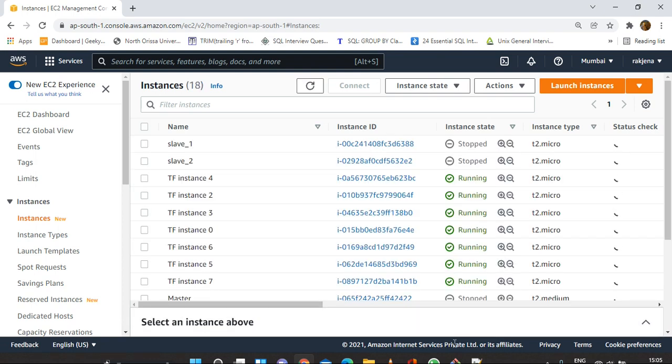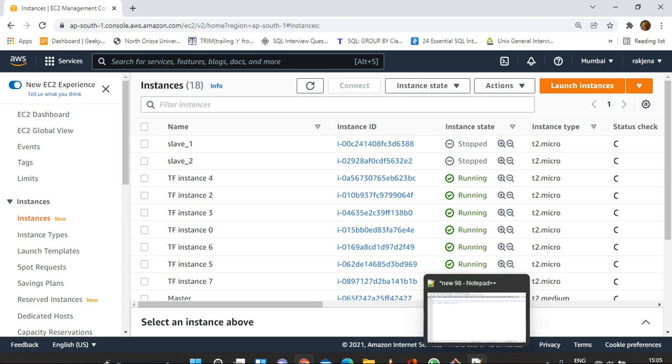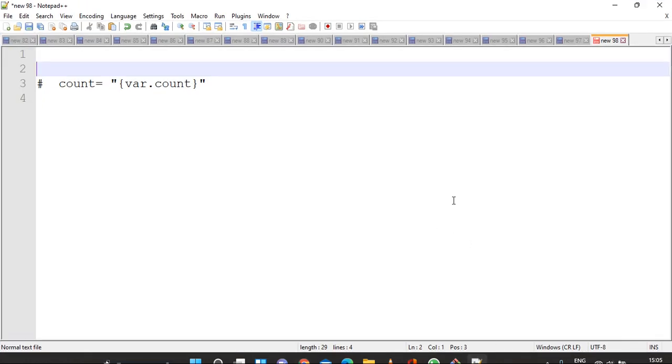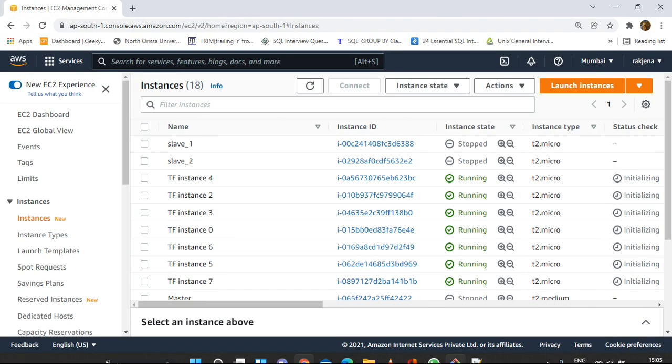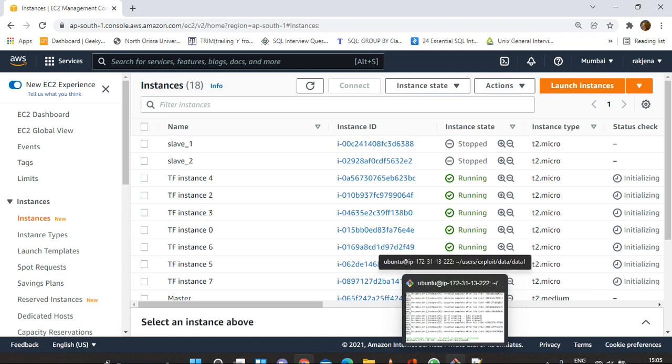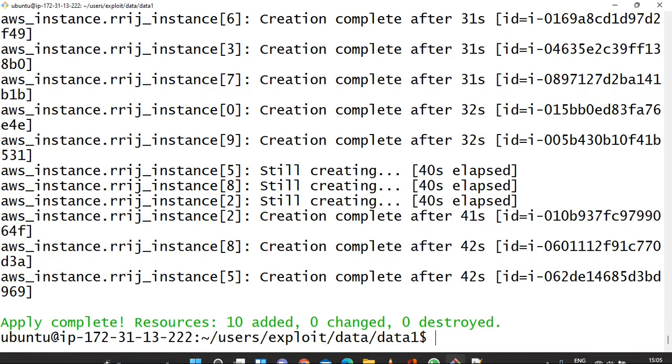So guys, you can see how easy it is to configure instances in very little time. You can see it is completed: 10 added, 0 changed and 0 destroyed. This is how easy it is to create hundreds, thousands of instances in a very short time. This is the beauty of Terraform.